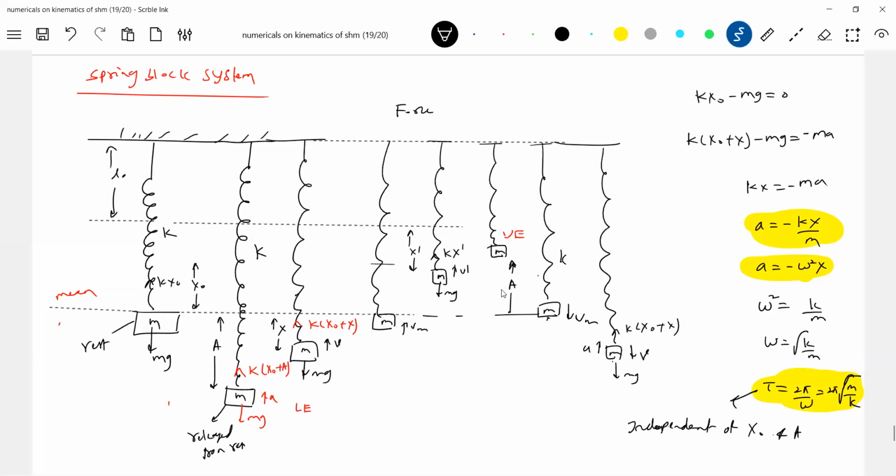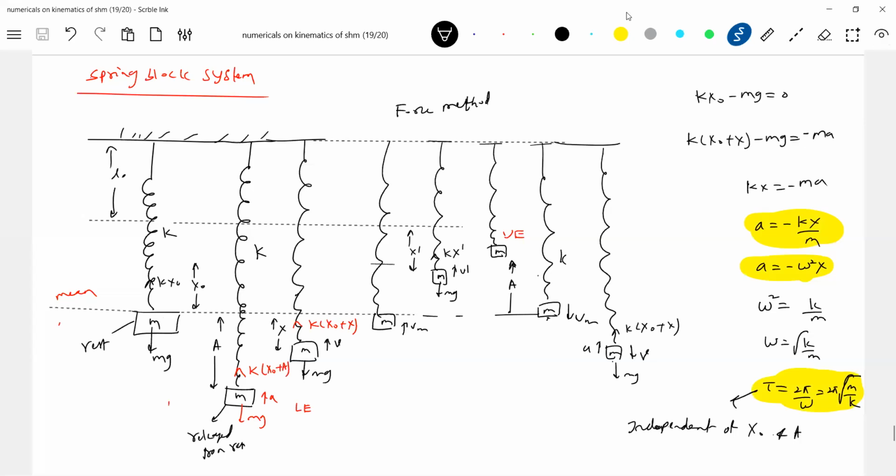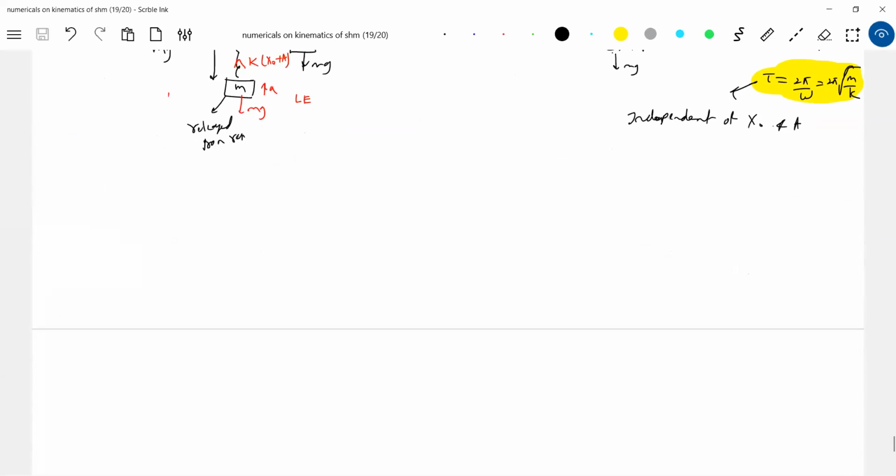What you studied is the force method. So what is the methodology you have to develop? The system given will be at equilibrium position. You should disturb the system from mean position, either you move the block up and release or pull down the block and release. Then what are the restoring forces that are acting? Then write this equation. Why negative sign? Because the displacement was given downward and the acceleration is acting upward. That's why we have brought this negative sign. Okay, this is about the force method. Let's go for the energy method. The same analysis will start with the energy method.